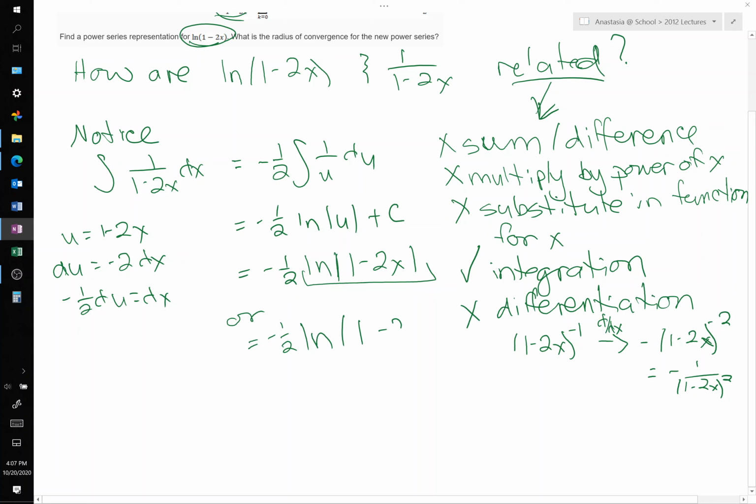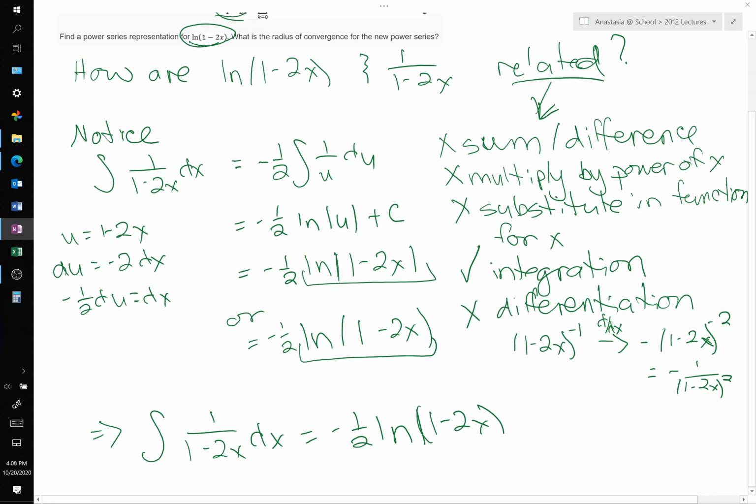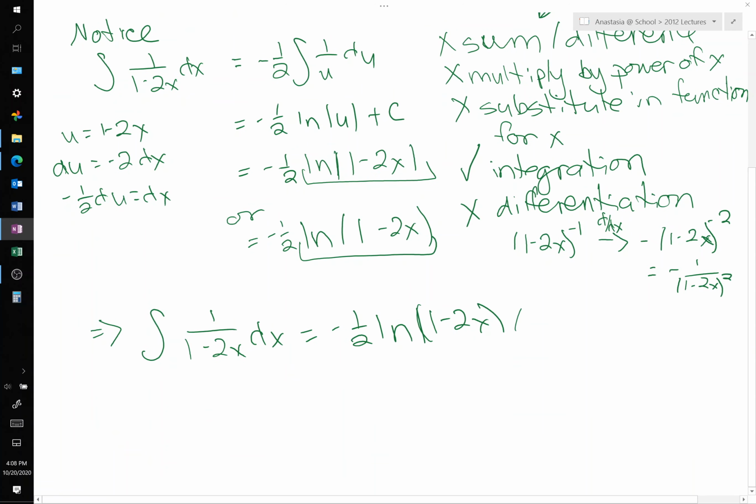Negative 1/2 natural log of 1 minus 2x. But we want a power series for just the natural log. So what we have is the integral of 1 over 1 minus 2x dx is equal to negative 1/2 natural log of 1 minus 2x. So we are going to multiply both sides by a negative 2 to get that the natural log of 1 minus 2x is equal to negative 2 integral of 1 over 1 minus 2x